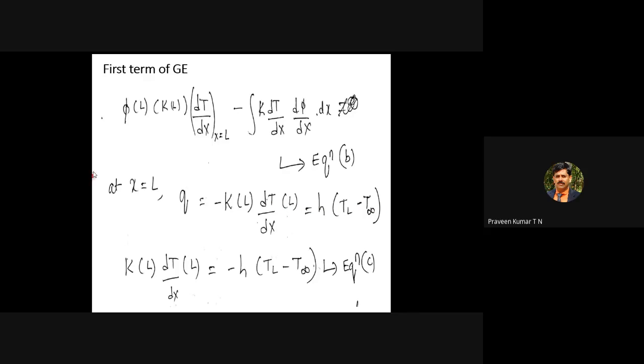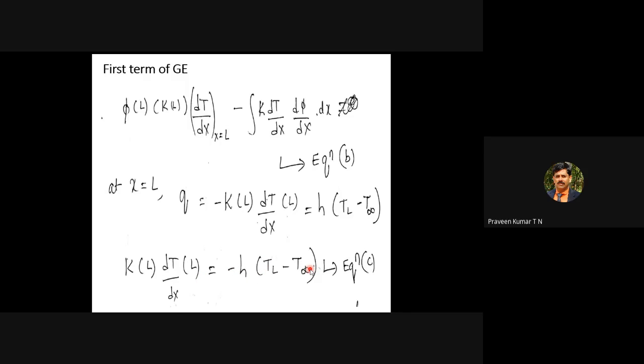It is almost like you are applying one boundary condition on the rightmost surface where heat is transferred by convection. That's why I have done one problem on the rightmost wall, where heat is transferred by convection. They are given h into T minus T infinity, or T3 minus T infinity. That is applied at x is equal to L. Now we can write it like this: k of L dT by dx is equal to minus h into T_L minus T infinity.